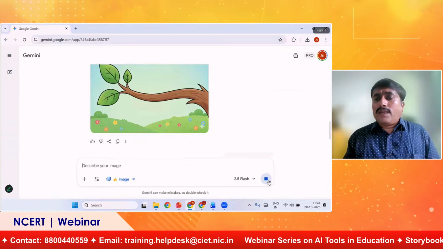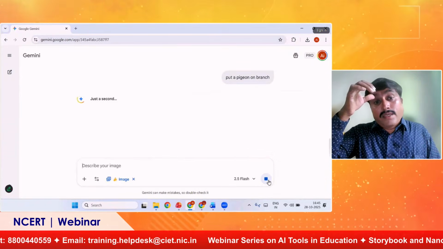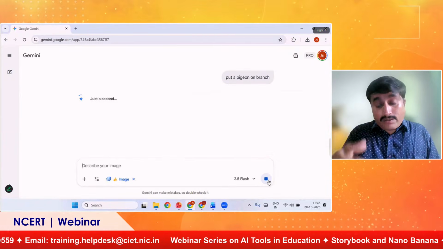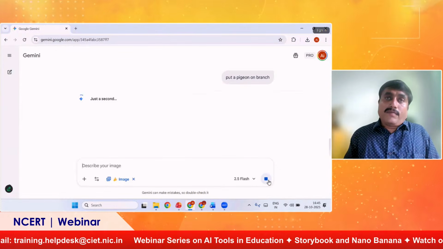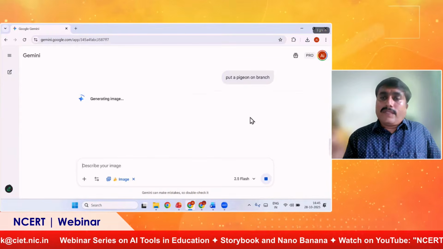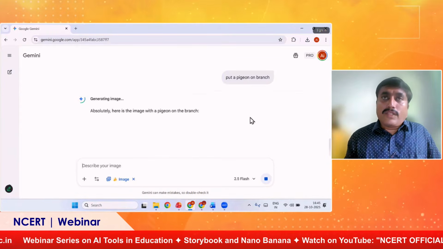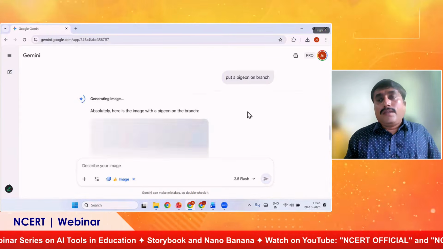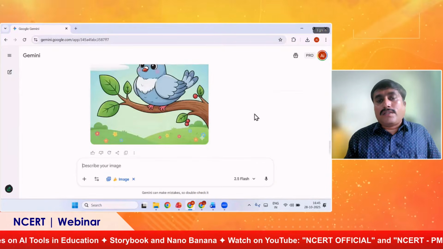You can converse with that tool and then the tool will add the same pigeon on the branch. So when we show them a word related to that particular thing, say ananas or say kabutar.